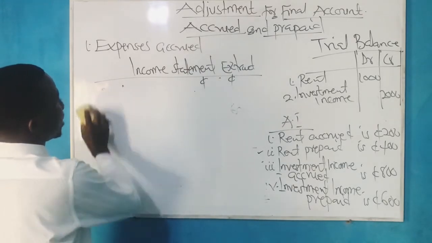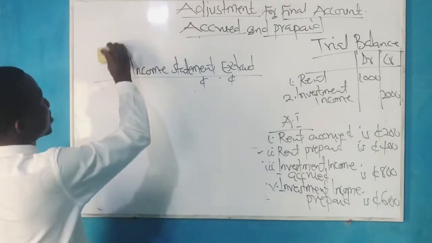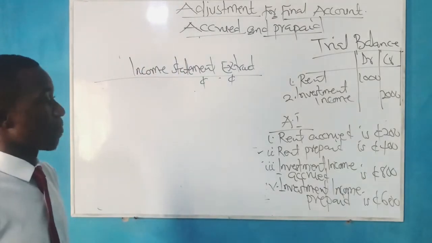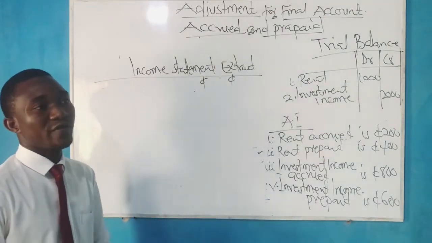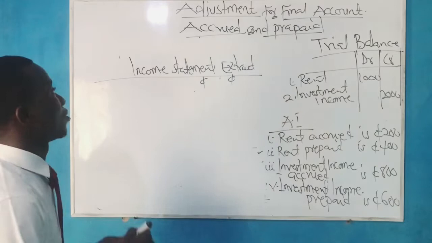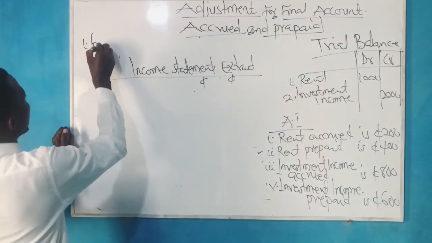This is how prepaid expenses are being treated. Okay, so let's also consider income. We will break it into two: income accrued and income prepaid. So when I talk of income accrued,